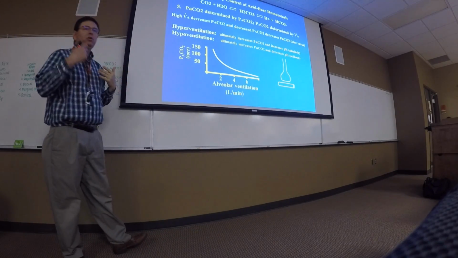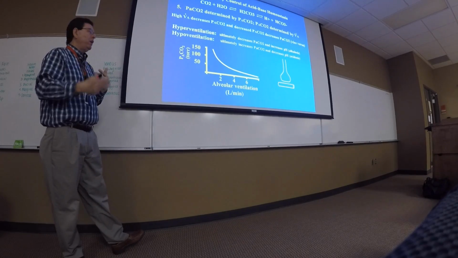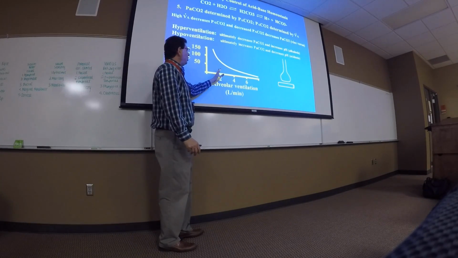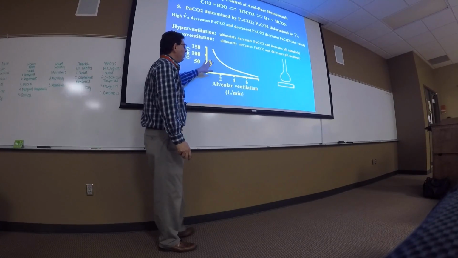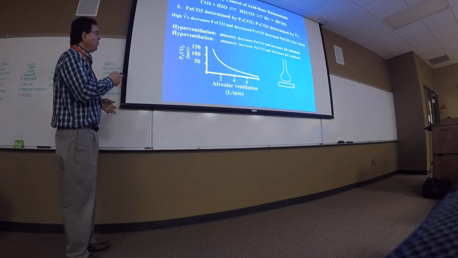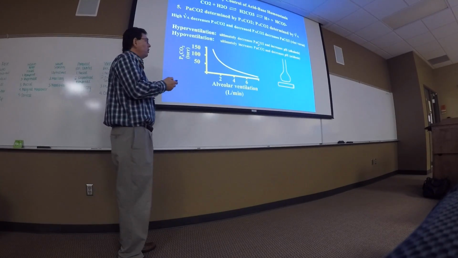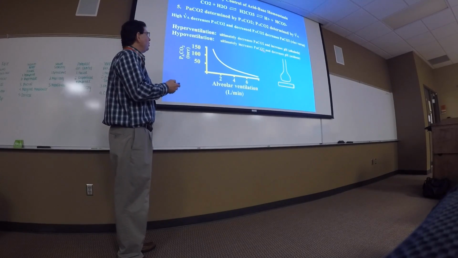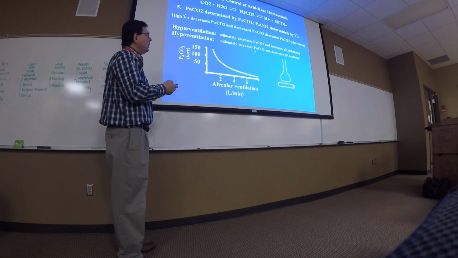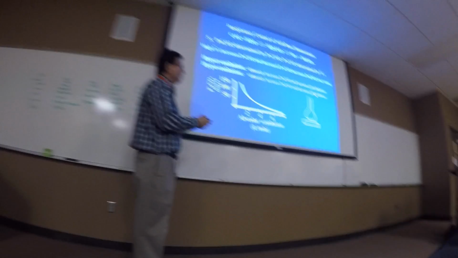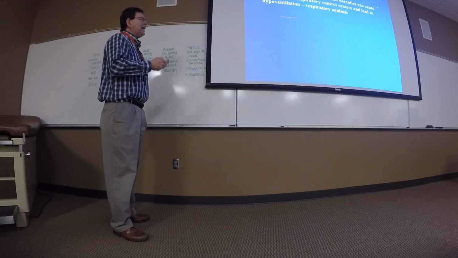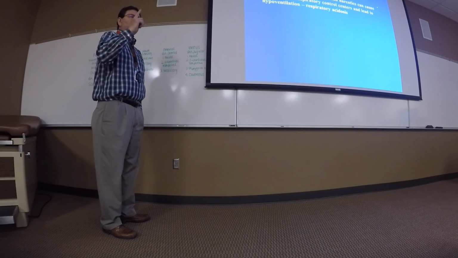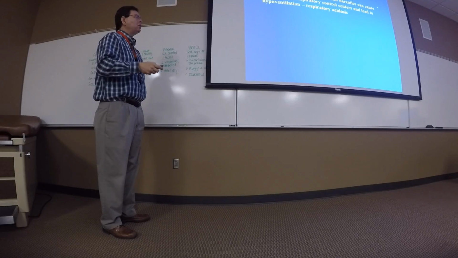And it goes the other direction. If you hypoventilate, CO2 accumulates in the bloodstream and you become acidotic. Okay, so we've already talked about that. So hyperventilation ultimately decreases arterial CO2 and increases pH. You become alkalotic. Hypoventilation ultimately, and it's really within seconds, increases arterial CO2 and will cause a decrease in pH, which is acidosis.